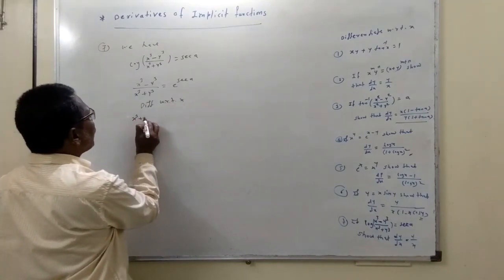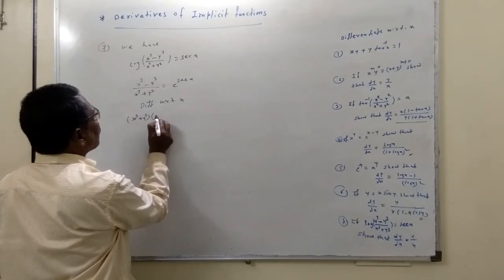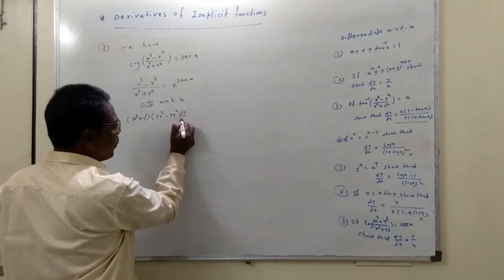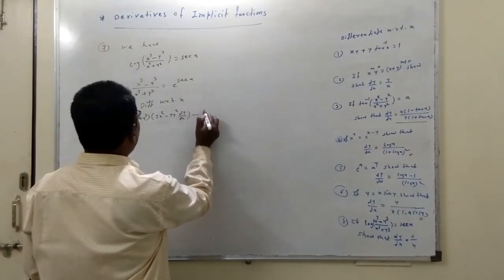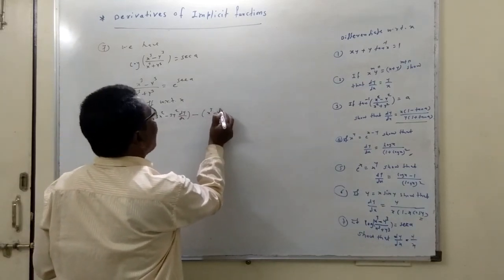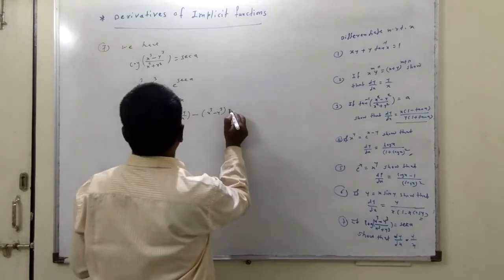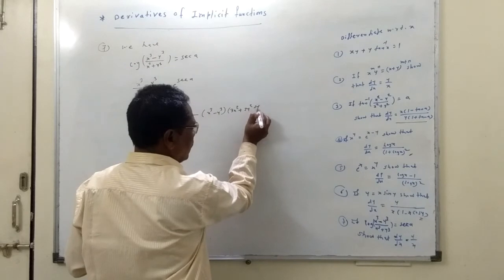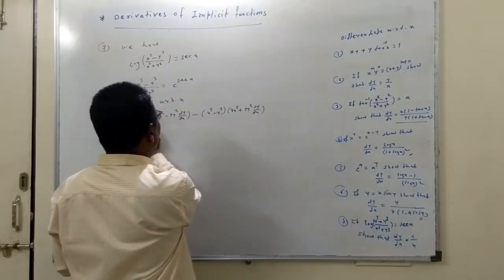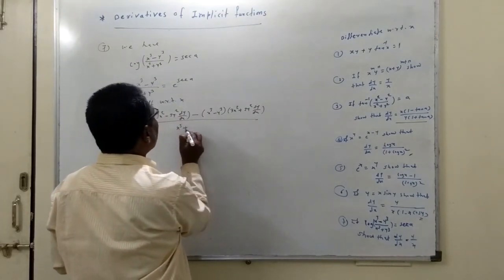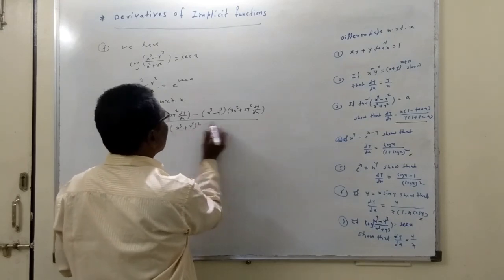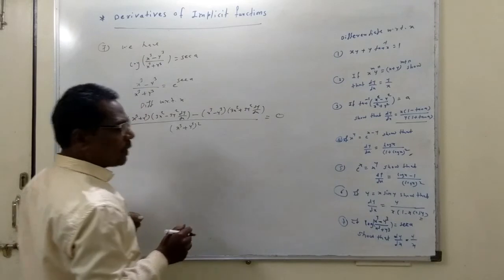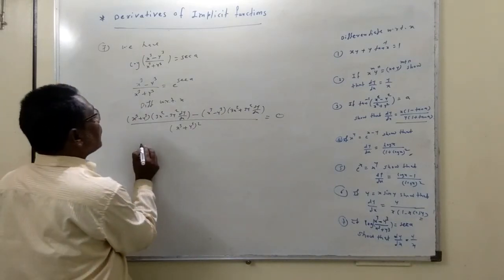So x cube plus y cube constant, derivative of x cube, 3x square plus 3y square dy by dx, minus x cube minus y cube u constant, derivative of v, so 3x square plus 3y square dy by dx, divided by x cube plus y cube bracket square, and the derivative of this constant is 0. Now this denominator will transfer to that side, that becomes 0. So we get here